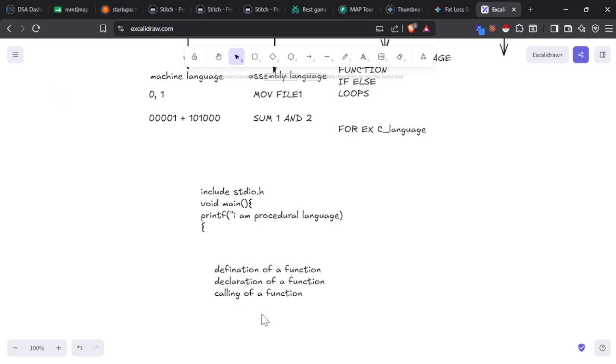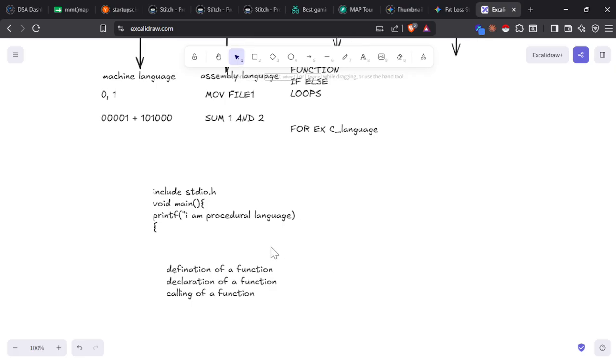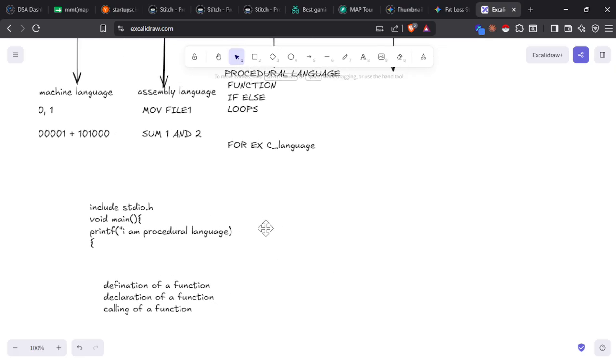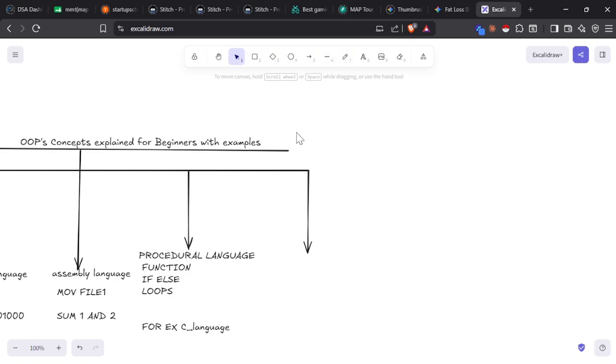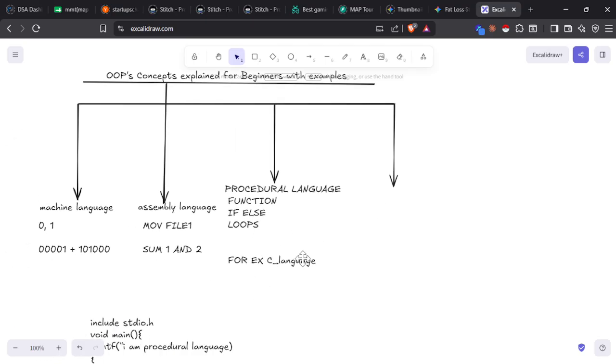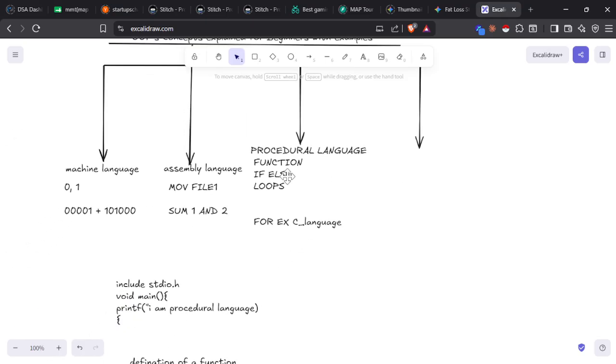We'll not be going deep into the concept of procedural language, but this was the flow of working with procedural language. After that, when they got to know that these things were becoming problematic, and at the end we have to convert our code to machine language,